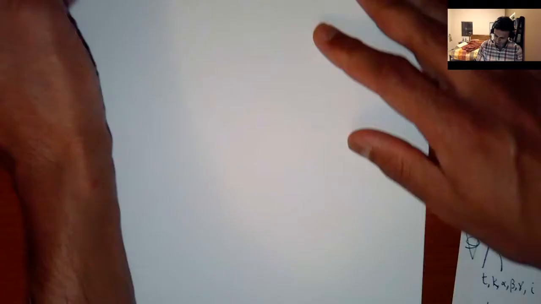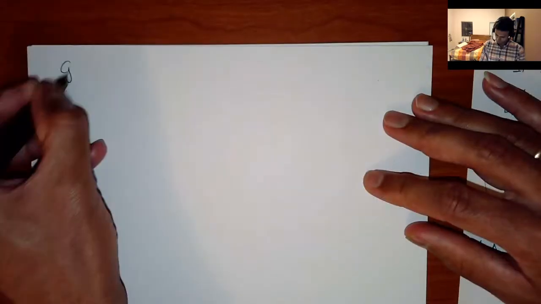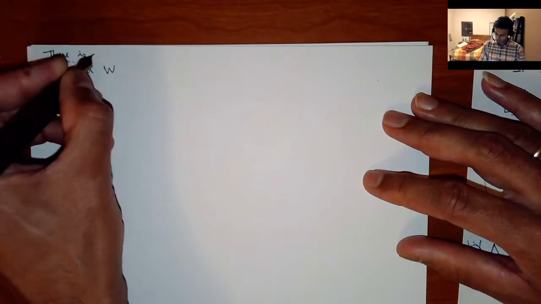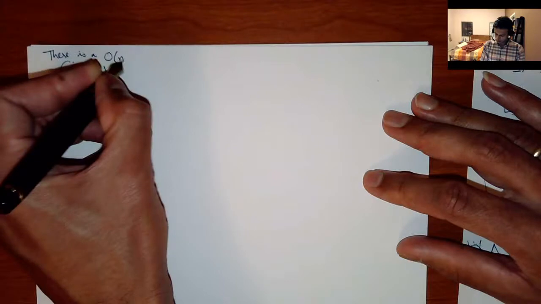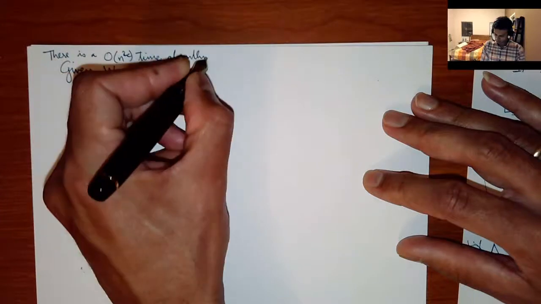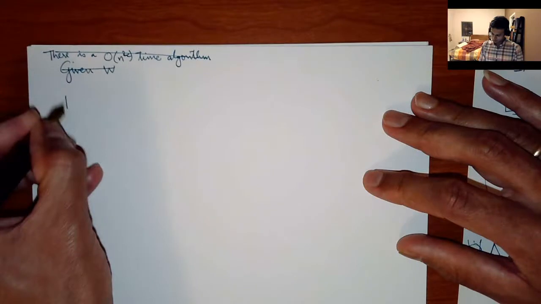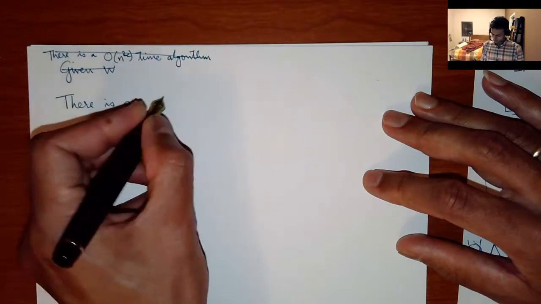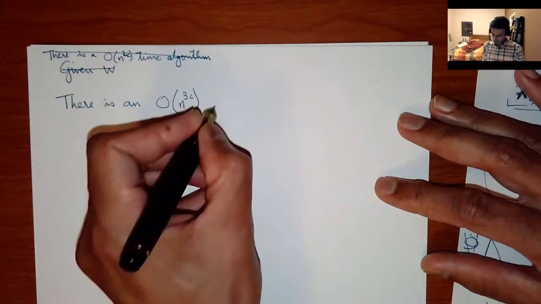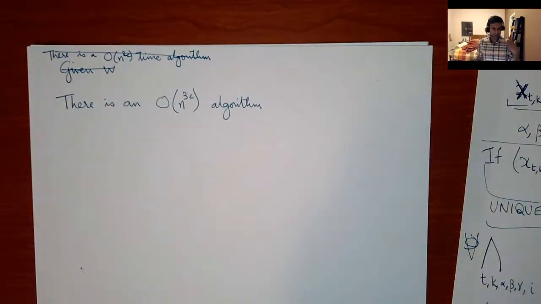So given M, or I should say there is an O of n to the 2c time algorithm. And sorry for writing small. Let me just increase the size. I'll say there is an O of n to the, I'm just going to give myself some extra slack and say O of n to the 3c algorithm. I'm only saying 3c because it's actually 2c, but I'm just tacking on an extra n to the c in case,